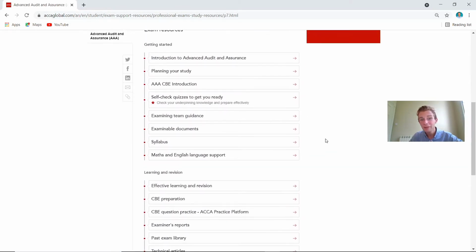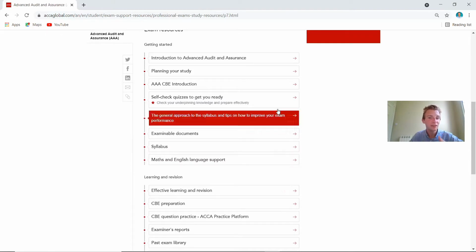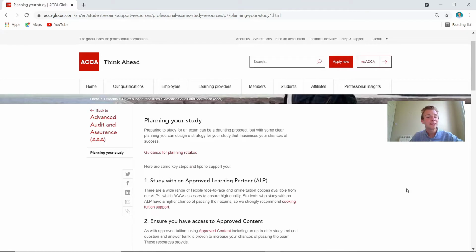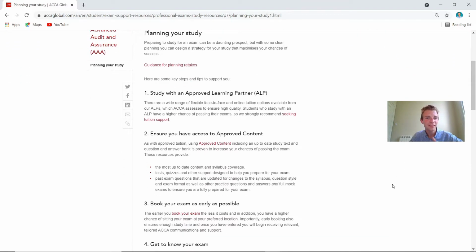You've got generic areas on here that you'll have seen in other modules, so just planning your studies on here. I'd say to actually prepare effectively for the Advanced Audit and Assurance, and this links into the planning of the study, you're going to need at least 3 months to really understand the knowledge and then develop exam technique, doing enough past papers.